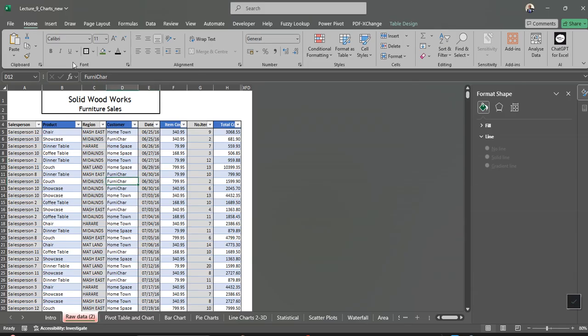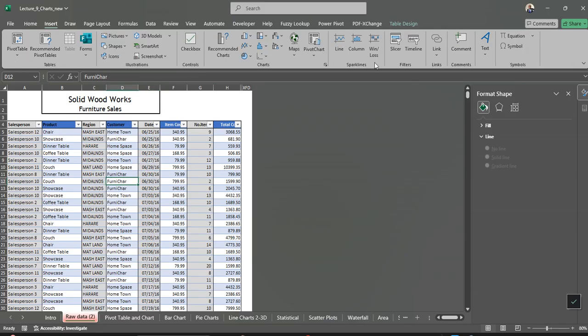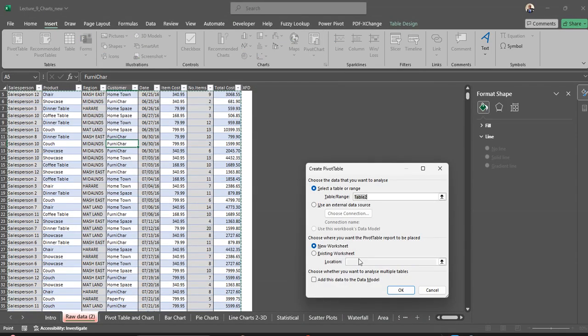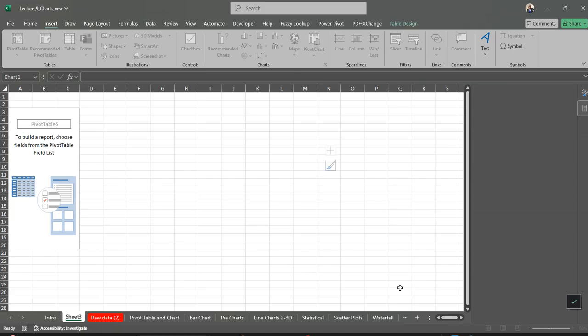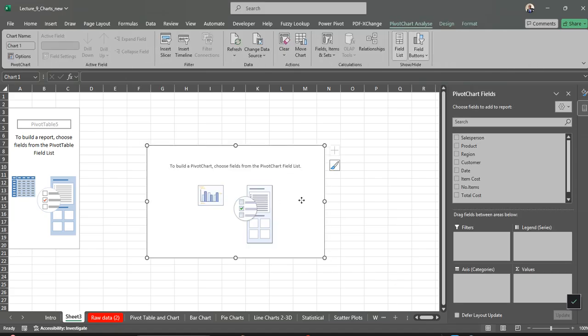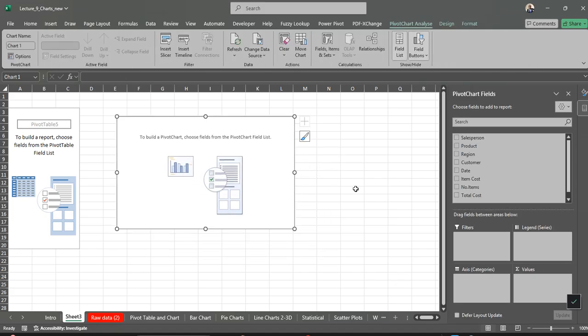While you're clicking anywhere inside, go to insert. So on insert, on the charts, select pivot chart. Then on pivot chart, select pivot chart and pivot table. It will prompt you either new chart or existing chart, say new chart. Okay, so